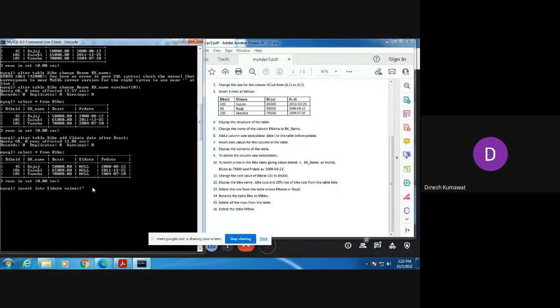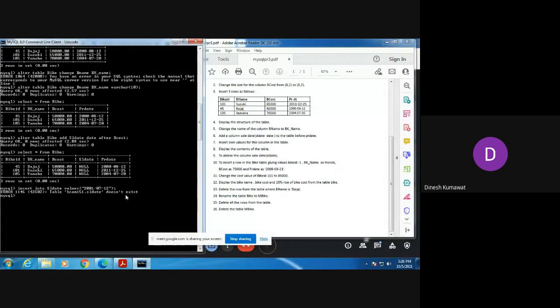So let me enter some random date, say 2001, then dash in the month of say July, dash say 12th July. Okay, now is it okay? In the ending, complete the double quotes. So now let me press enter and see whether this syntax is correct or not. So you can see we are getting an error.